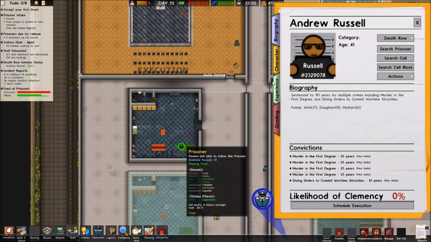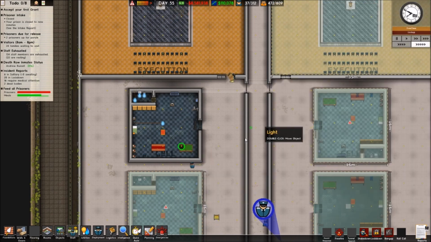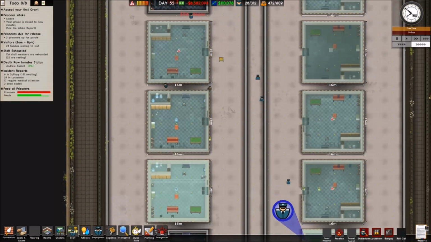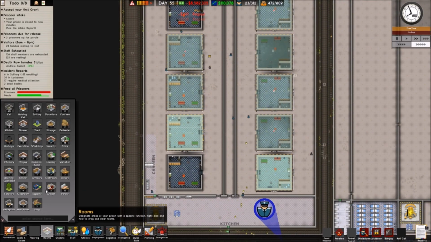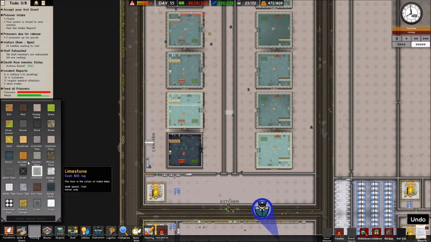Likelihood of clemency 0%. And we need to get this up to 100% so we can get him executed without the risk of having any backlash from the local government. So there we go then. We'll leave Andrew Russell in here to rot. Like I said, I'll let the game run and just build up these cells while we're away. And then I'm also just going to...